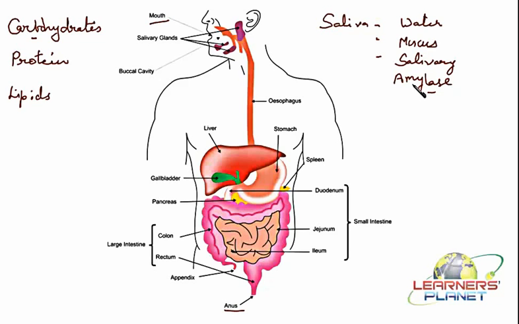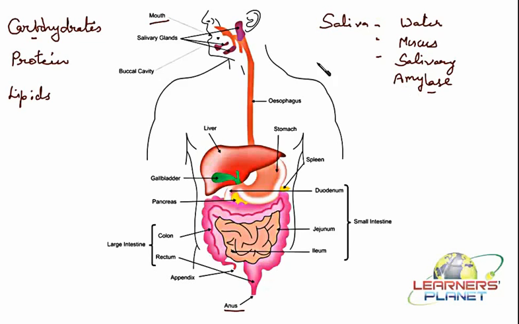That means the short chains of glucose. I hope you know that starch is a polysaccharide made up of many glucose units, right? So in this case, they are forming the short chains of glucose molecules, which we call dextrins or limit dextrins. Fine. Besides that, some part is also converted into maltose. Now, what is this maltose? It is another example of a carbohydrate, a disaccharide, made up of 2 units of glucose. So this is how this much conversion is taking place in the mouth.